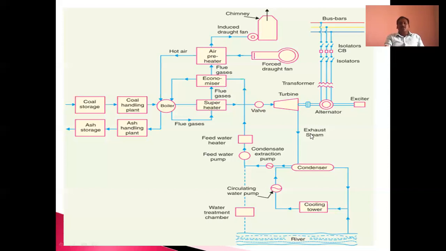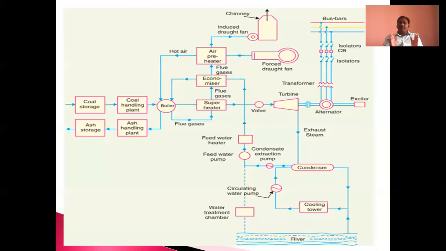This is the exhausted steam coming from the steam turbine. This is a condenser. This is a cooling tower. This is a condensate extraction pump. Feed water heater. Feed water pump. This is a circulating pump. This is the water treatment chamber. And this is a river, the source of water supplied to the boiler of the thermal power station, river or lake, whatever it is. This is the ash handling plant. This is the ash storage plant. Now we will discuss